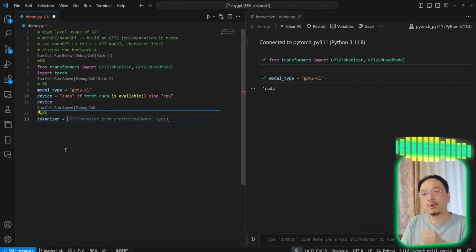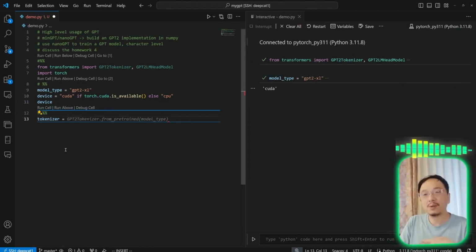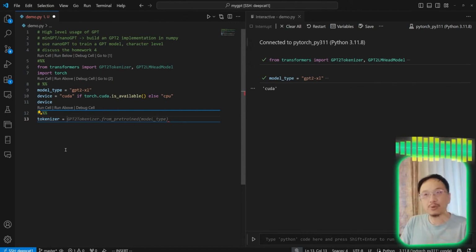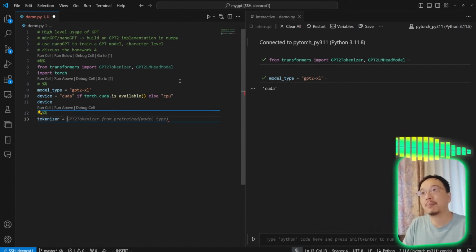I'm not going to cover the pipeline API today, so just so you know, there's another popular way to use these models, and it may be very convenient. This is one of the Python API conventions used by Hugging Face APIs, because Diffusers also has a pipeline. So maybe we'll cover it later, but today I'm using the tokenizer and the model separately